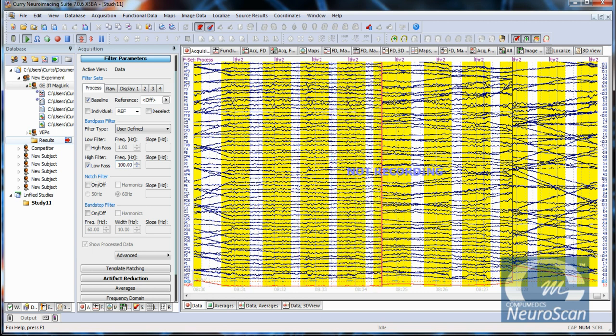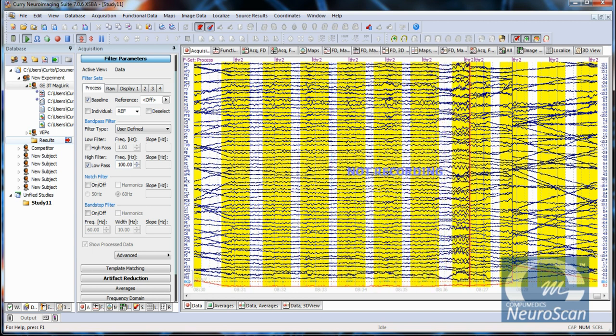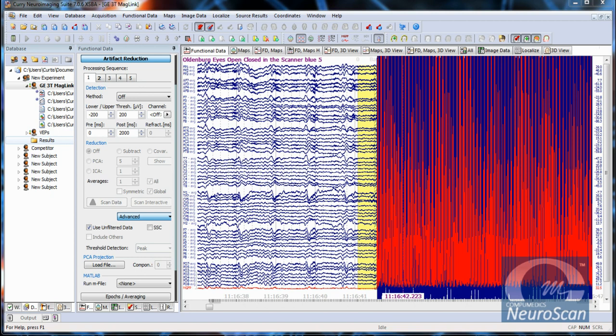Next, we will illustrate offline suppression. We're now going to illustrate the characteristics of the offline gradient suppression as well as offline ballistocardiogram suppression. When we are doing our artifact suppression offline, we have a few more options that are available to us. First, when we are doing suppression of the